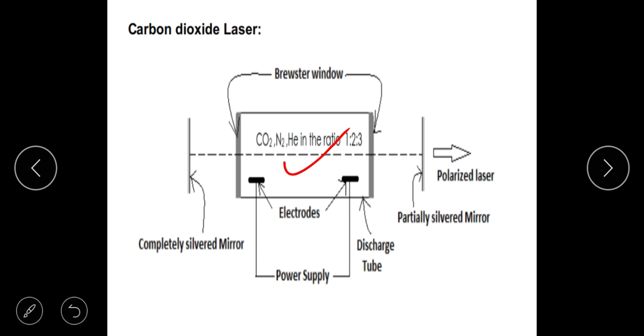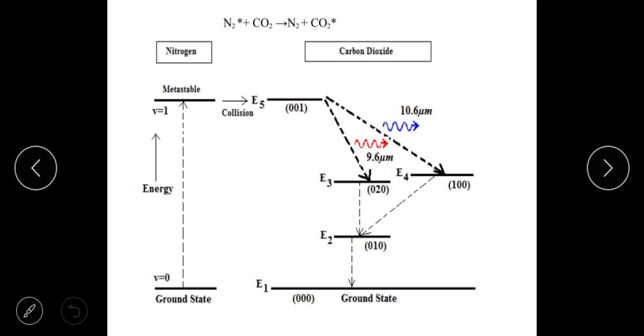Now, how does this work? When a suitable voltage is applied across the electrodes, a glow discharge is initiated in the tube. During this glow discharge, many electrons are rendered free from the gas atoms. This is what is known as ionization. These electrons come ripping apart from the atoms. These free electrons, since they are negatively charged, get accelerated towards the positive electrode, and on the way